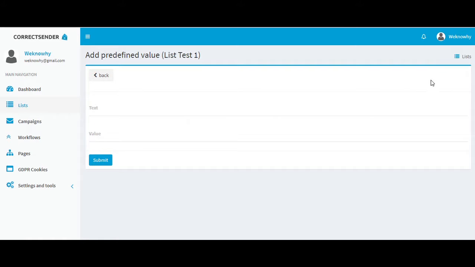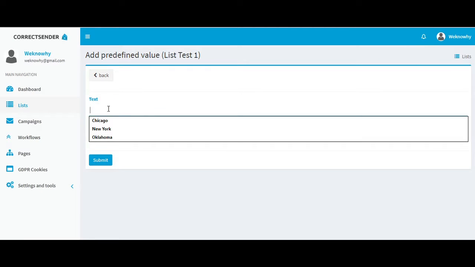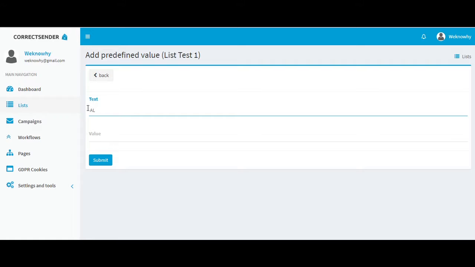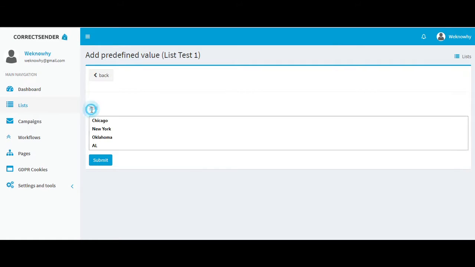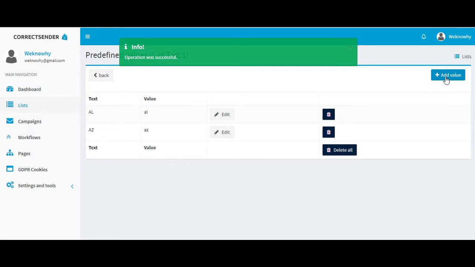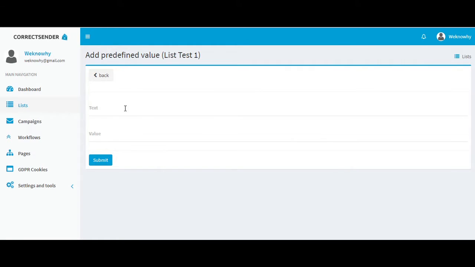So add value, text AL like Alabama, add value AZ like Arizona, add value Colorado, for example, CO,